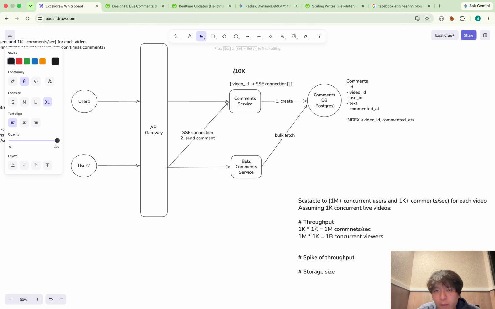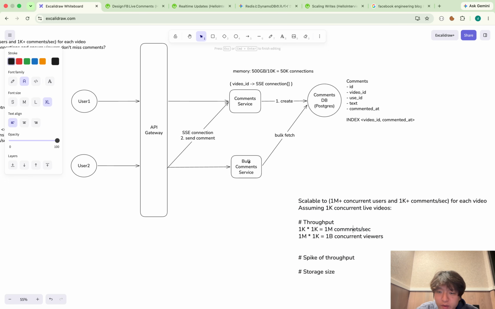But I also calculate the upper limit from the memory size. Typically, an SSE connection uses 10 kilobytes of memory. Let's say the memory size is 500 gigabytes, and each connection is 10K. In that case, I divide it and I get, this becomes million. The million is gigabyte, so this much. So yes, 50K connections on a single server.